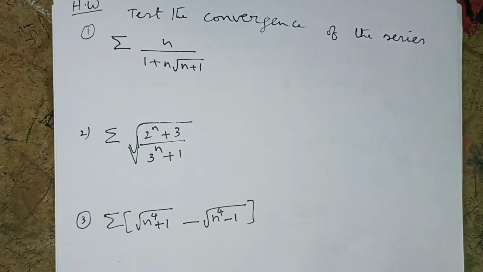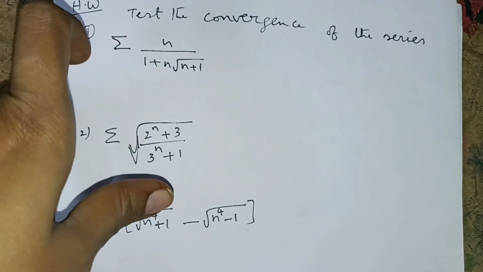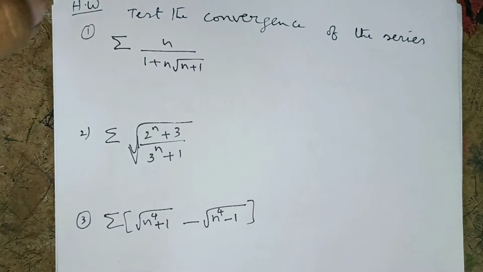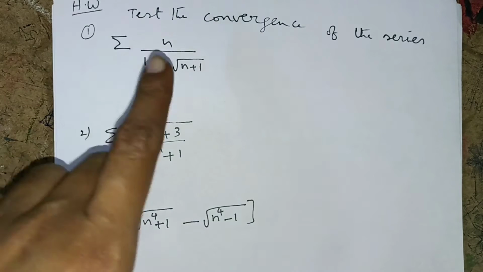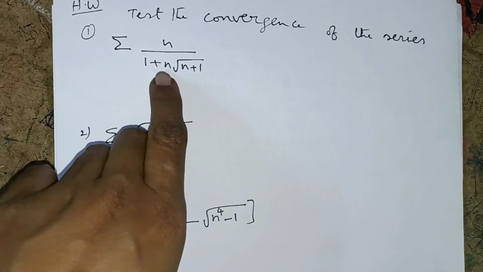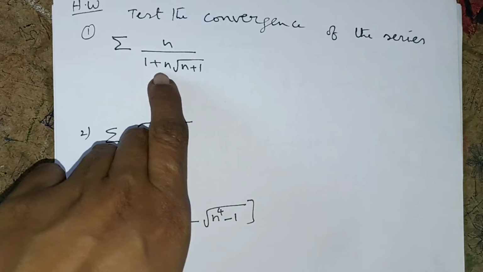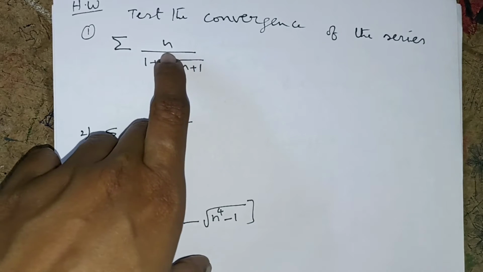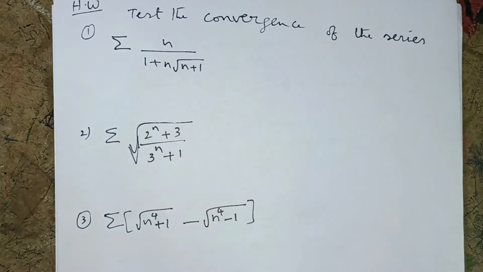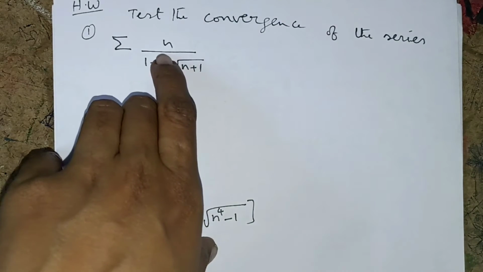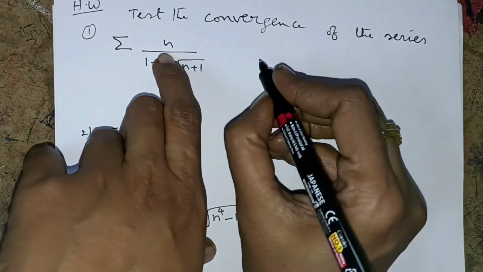Now in this problem you have to choose sigma vn by observing the given term. I will explain how to do all the sums, and then you can do them on your own slowly. How to choose sigma vn, how to do the sums, I am going to explain. The nth term is given, so you can take the given term as sigma un, and then we have to choose sigma vn for this problem.